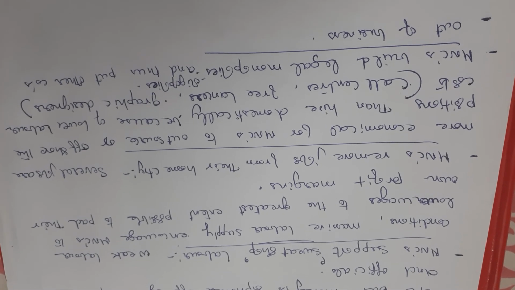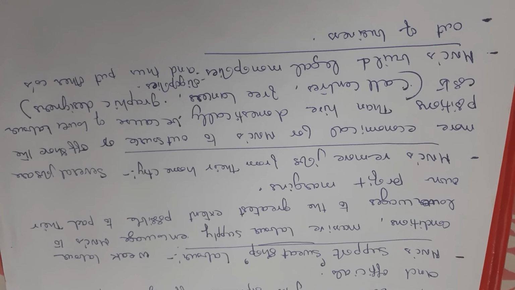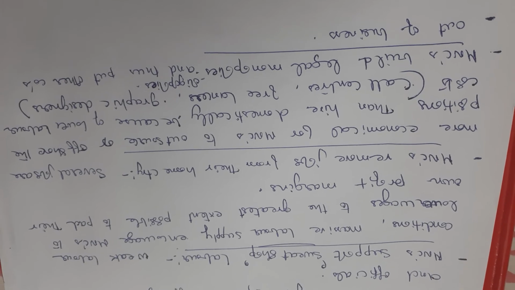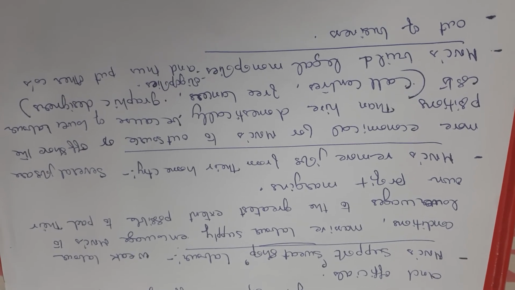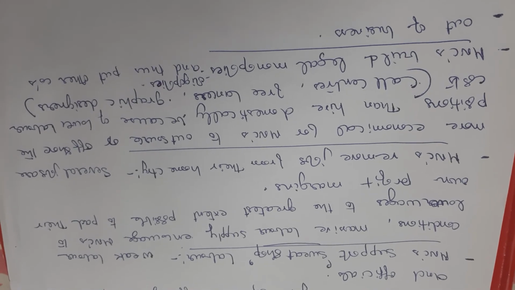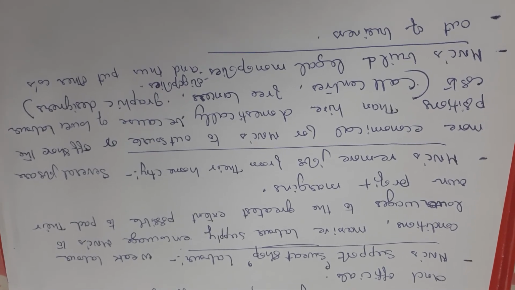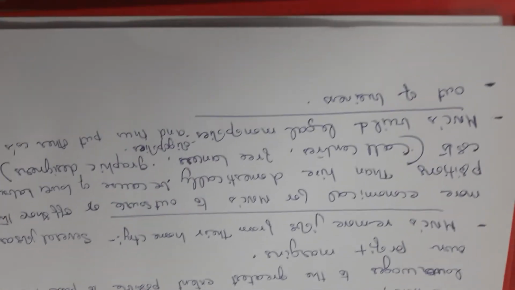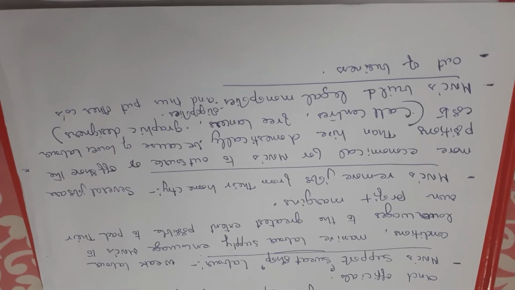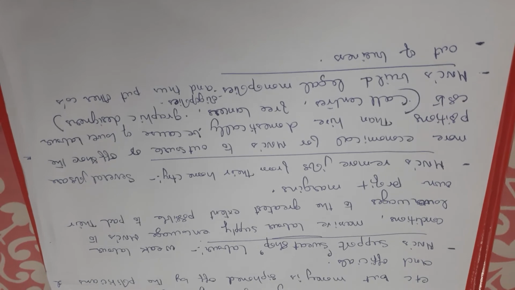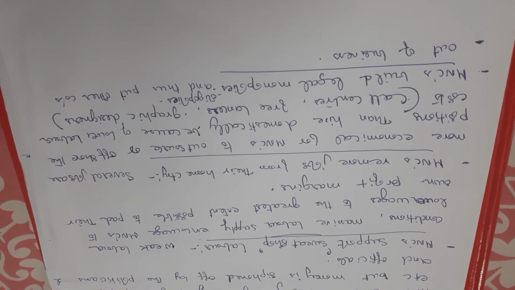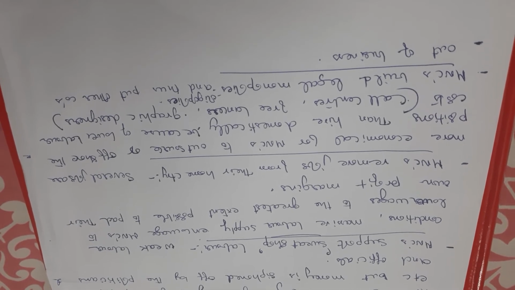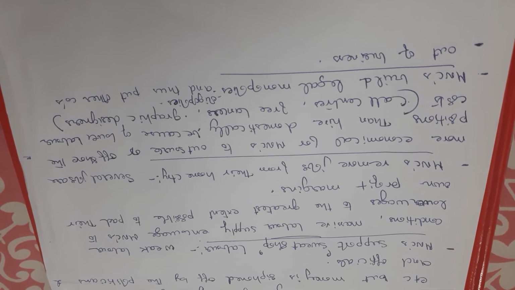Then multinationals also support sweatshop labor. Weak labor conditions and a massive abundant labor supply encourage multinational corporations to lower wages to the greatest extent possible. They try to have greater profit margins. As a result, labor is not being paid higher wages by the multinational corporations, and this is happening not in a country like India, but in many other countries outside India. Then multinationals remove jobs from their home country.